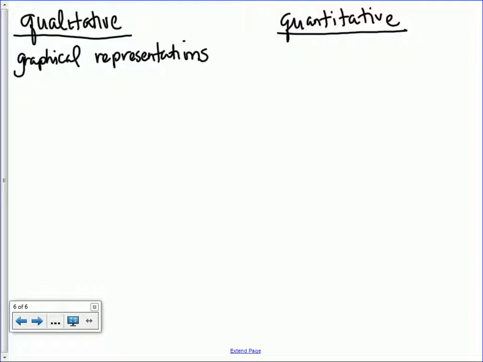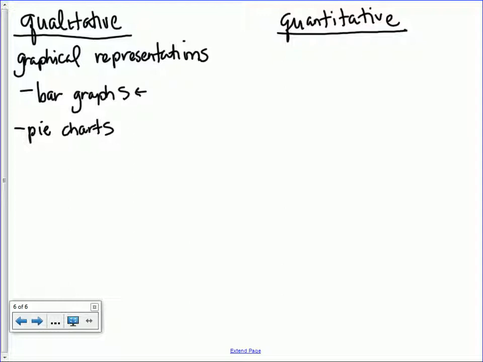the graphical representations that you mostly will see of qualitative data are bar graphs or pie charts. And you know that those can come in all different types of scenarios. You can make them all different colors. They typically look good. And the key with the graphical representation of a bar graph, let's look at a bar